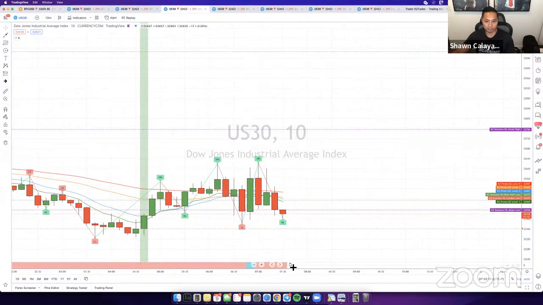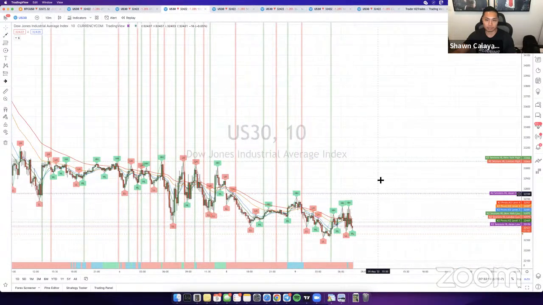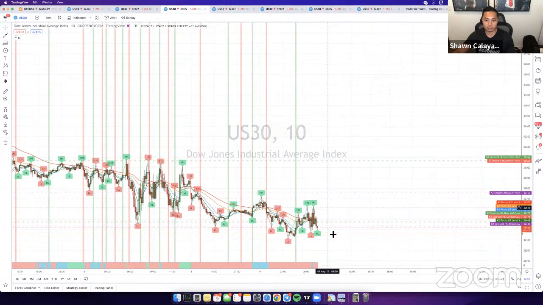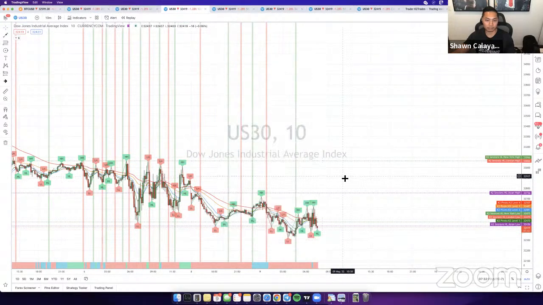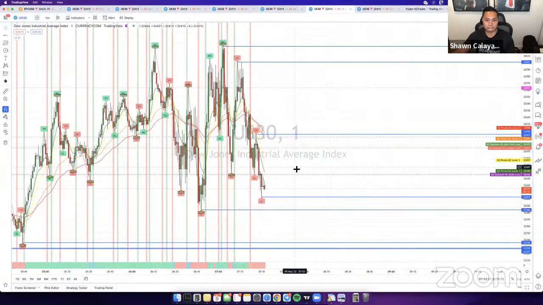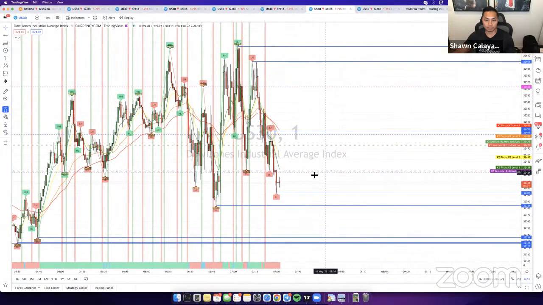Let me see if I could find anything off the 10. Well, there'd be no snipe entries because there's no sell signal. The sell signal here also didn't come up yet for anything else. So if the sell signal does come up, that'd probably be your daily entry, Kurt. I know you've been waiting for that. It's like your move of the day there. All right, price is going to drop a little lower.